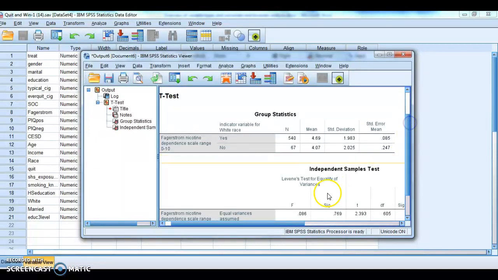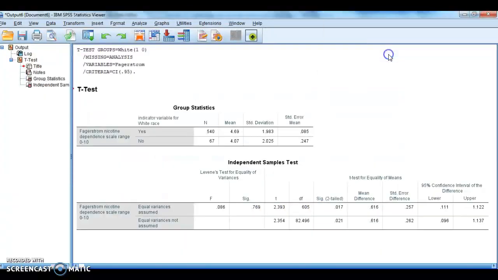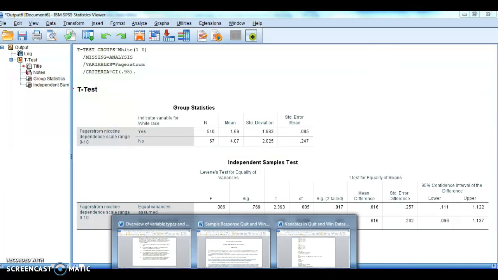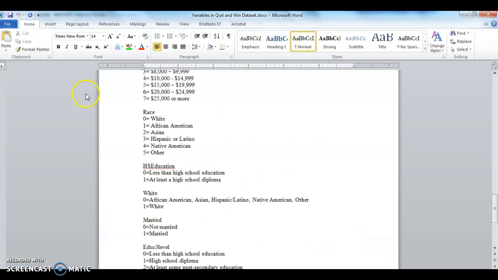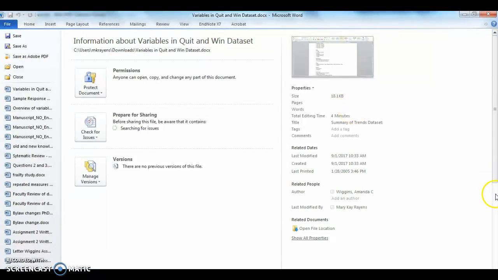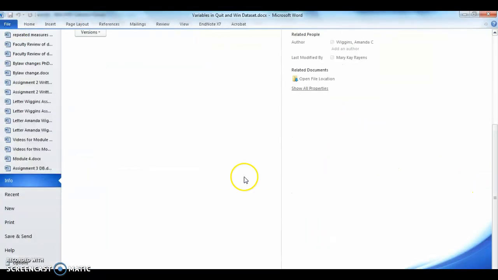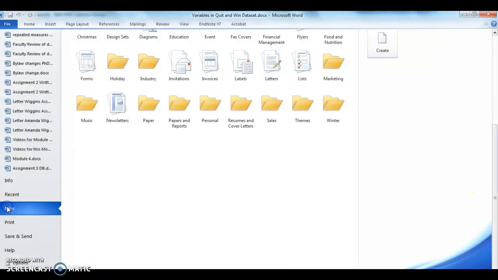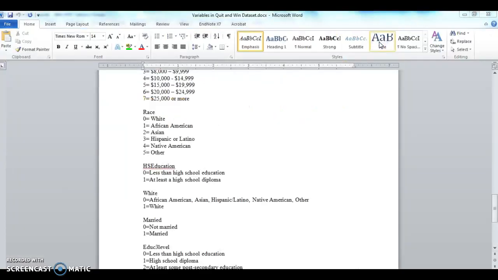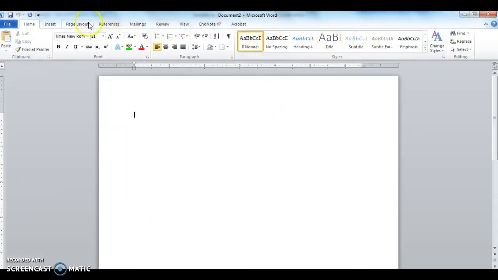Someone asked me a question about how to save this in a Word document without having the format get messed up. I'm going to open this so it's a little easier to see. So I'm going to just open a new Word document. For things like this, I like to change my page layout. You don't have to do this. And there are ways to resize it